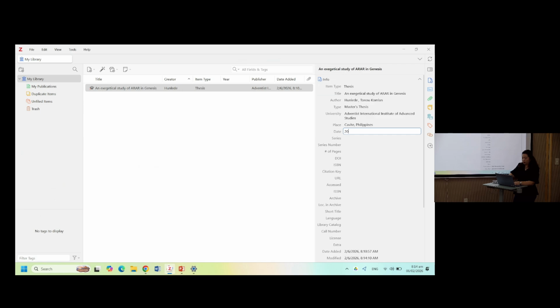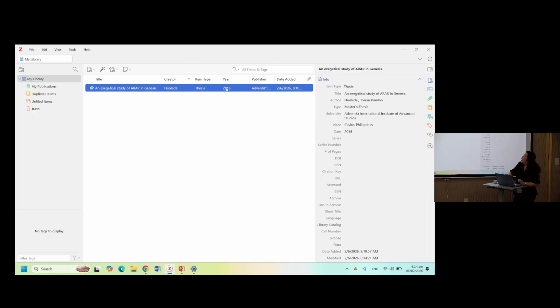Date is 2016. If the details here are given, please do provide them, but if not, this is enough. So you will see here in the middle that it automatically saved whatever entry you added.